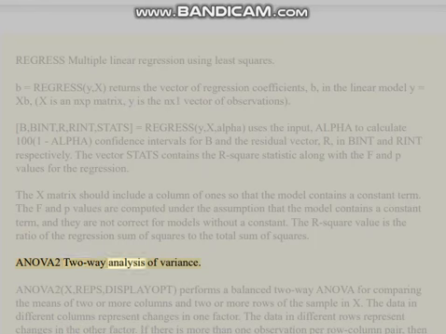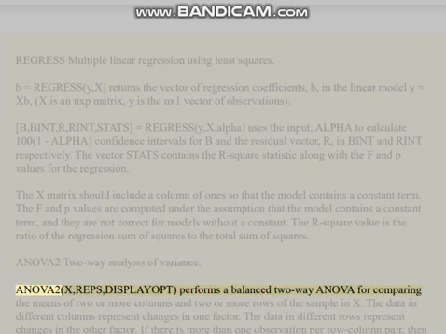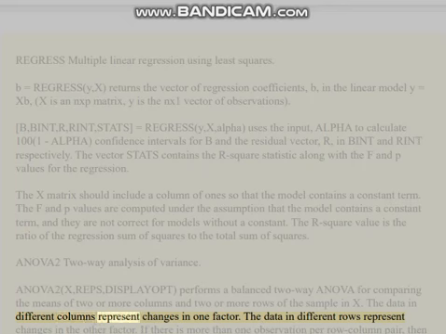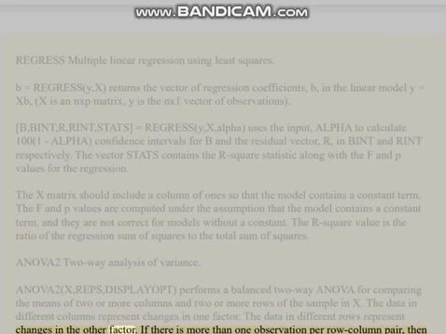ANOVA2: two-way analysis of variance. ANOVA2(X,reps,displayopt) performs a balanced two-way ANOVA for comparing the means of 2 or more columns and 2 or more rows of the sample in X. The data in different columns represent changes in one factor. The data in different rows represent changes in the other factor. If there is more than one observation per row-column pair, then the argument reps indicates the number of observations per cell. A cell